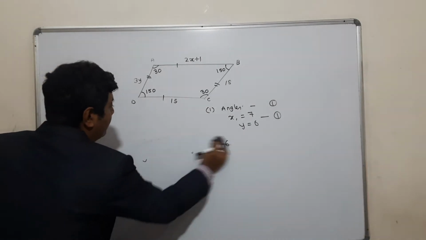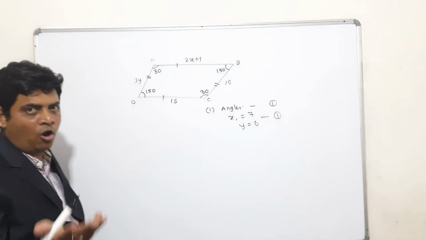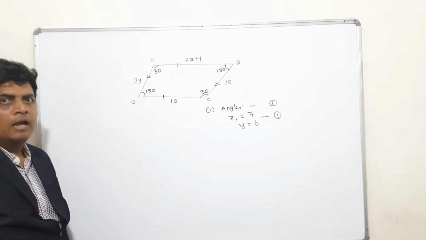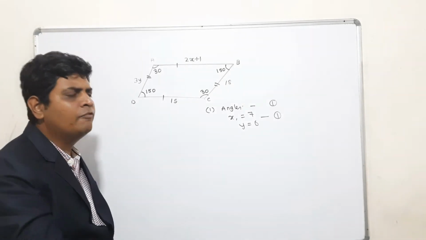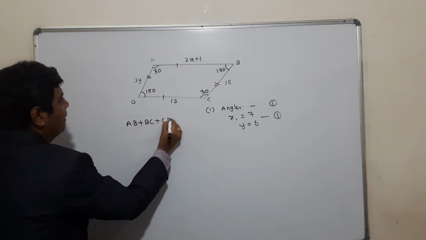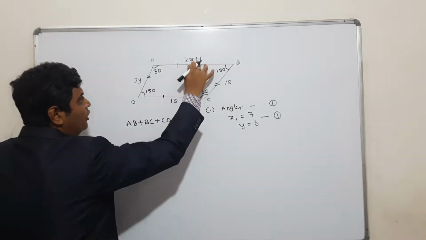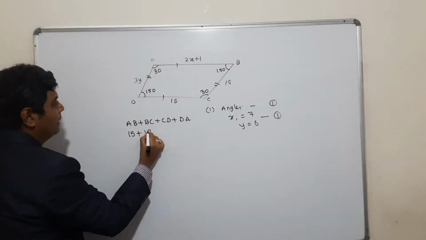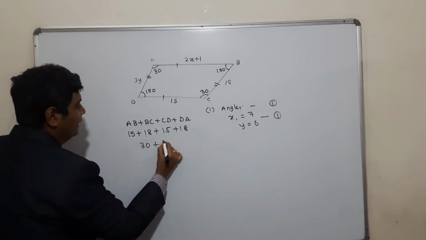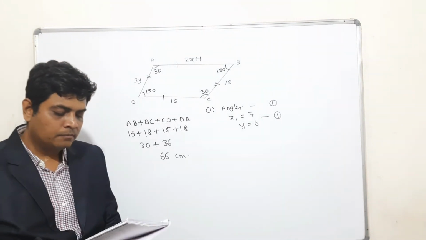Now next, the third part. What you have to find? You have to find the perimeter. Either you remember the formula. The formula for a parallelogram is 2 into (L plus B). If you don't remember, the simple method for perimeter is the sum of all the sides. So it will be AB plus BC plus CD plus DA. Now your AB is nothing but DC, both ways. And even if you put x over here, you will get the same answer. So it will be 15 plus 18 plus 15 plus 18. 15 plus 15 is 30. 18 plus 18 is 36. So perimeter will be 66 centimeters. So easy.